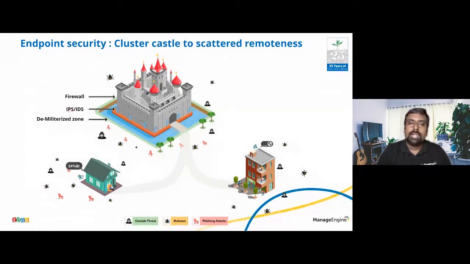Now all these devices are at home or in different offices. They're all going to get connected to your corporate office, not just for the applications, but for all the business collaboration needs. They are going to get connected to your data. Your data could be inside the castle, or it could be on the internet as well. You have completely moved the data from the castle. But the strategy has now turned. Probably you moved your data to a cloud environment, from on-prem, or probably to a different distributed type of architecture.